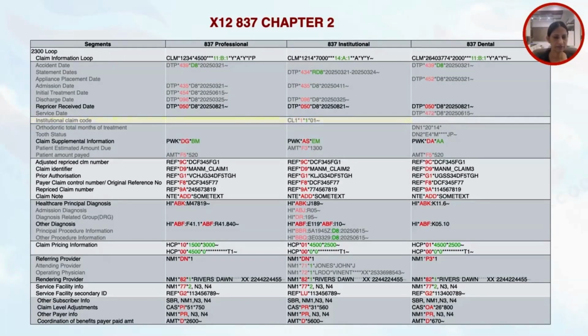Now, CL101 has the admission type code. Like, what kind of admission type was it? Was it an emergency admission or a newborn, urgent admission type? Whatever that type is, it goes in CL101. CL102 is the source code. Like, how did the patient end up getting admitted? What was the source of admission? Like by some doctor referral, or after ER the patient ended up in admission, or by any clinic referral, or was this patient transferred from some other facility, etc.